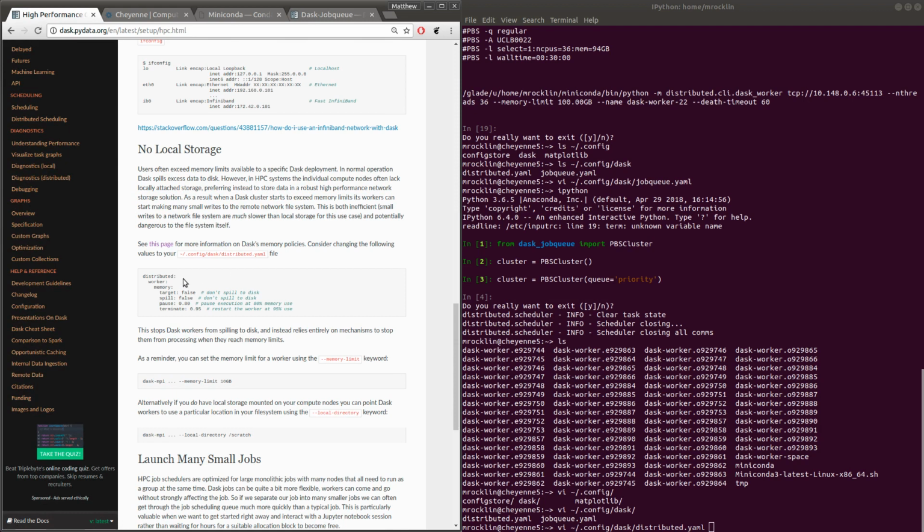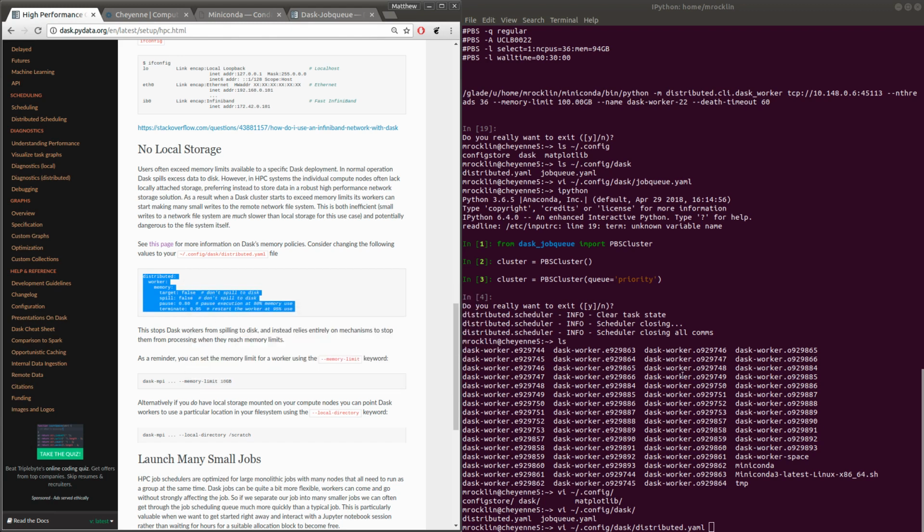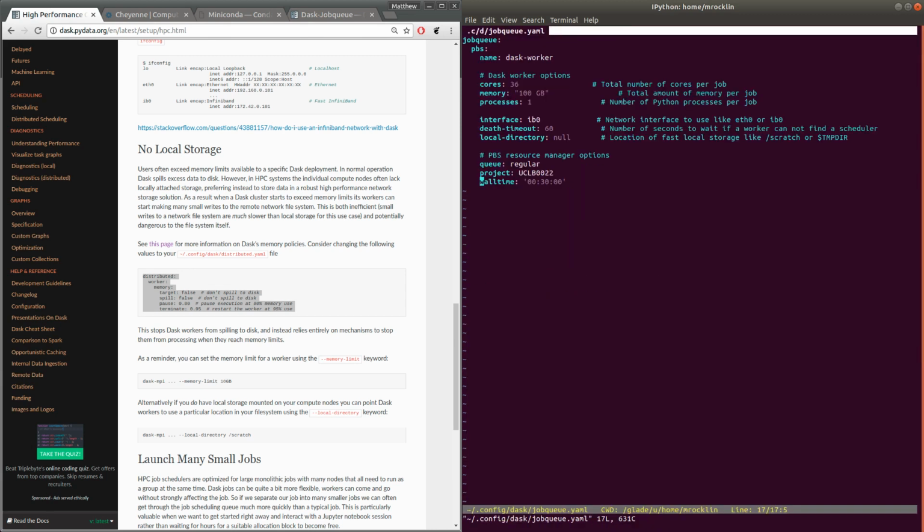One of them is no local storage, which is a common situation. And here's a bit of configuration that we can use. We can add this to our config file. Looks like Vim might accidentally splay that out. We can copy and paste this into our configuration file, and Dask defaults will now not spill the disk by